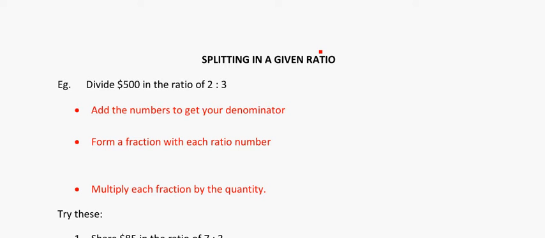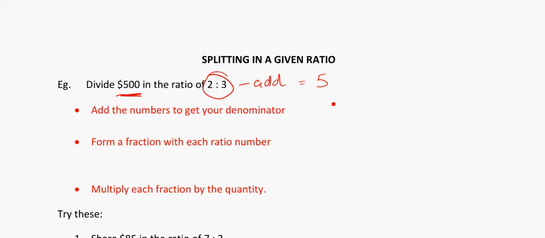Okay, still on ratios, and we're going to learn how to split something in a given ratio. So, for example, we've got $500 and we want to split it in the ratio of 2 to 3. Now, what do you do? You look at the ratio and you add them together. So you add the numbers to get the denominator of your fraction. So 3 and 2 is 5,